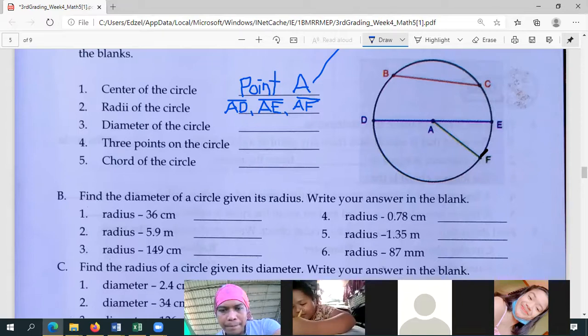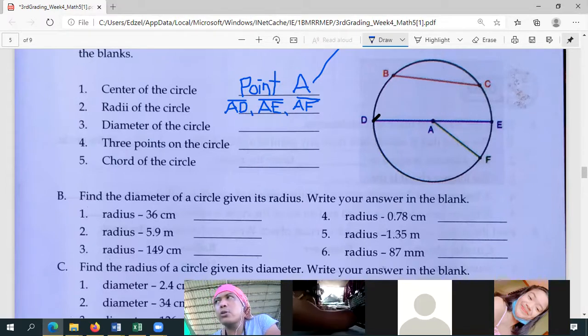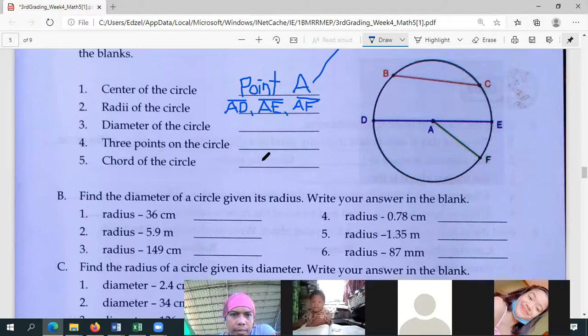Josh, you got it. Thank you, Josh. AD is a radius. Radius is from the center to a point on the circle. When you connect them, that is the radius. Alright? Next is the diameter of